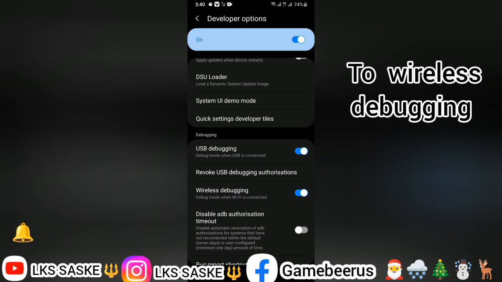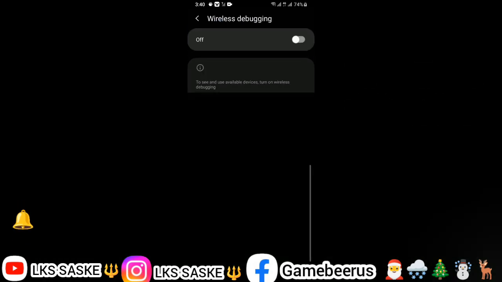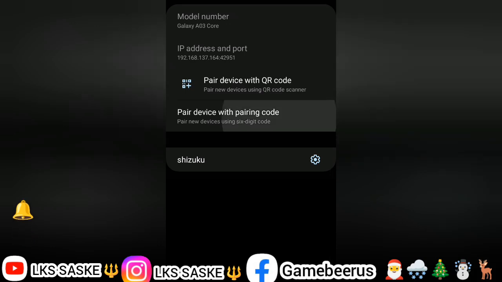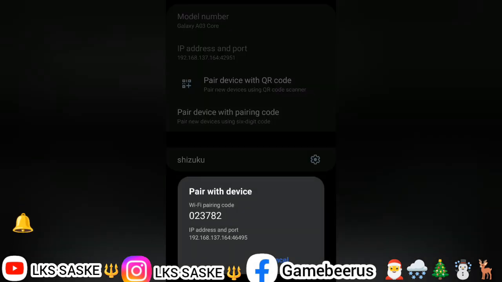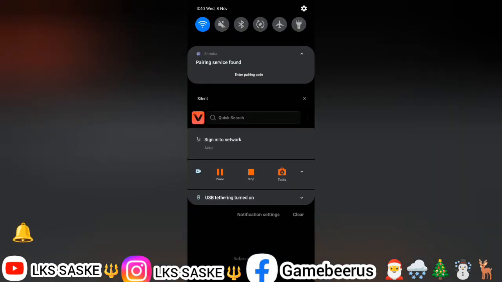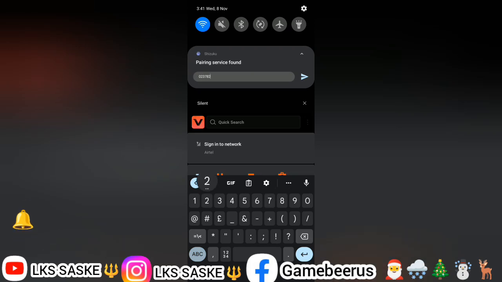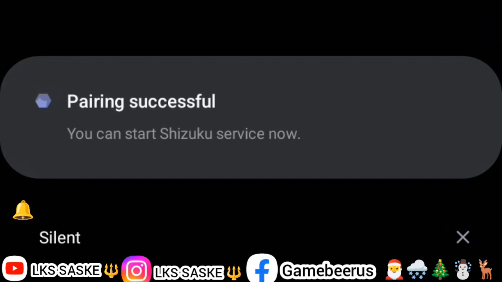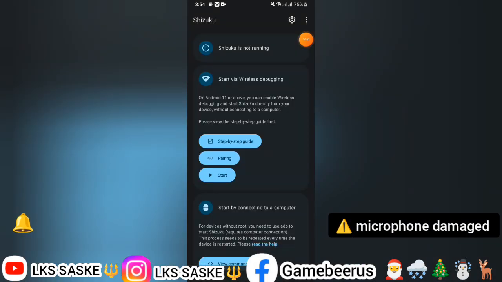Scroll down to debugging, press on it and select pair device with pairing code, and you will receive a random code and a tab will appear on your notification bar. Fill in the code on the tab, then press send, and it will say you can now start Shizuku services. Once you're done,